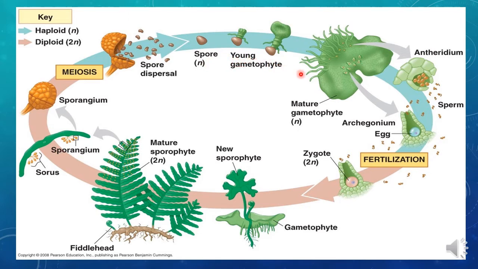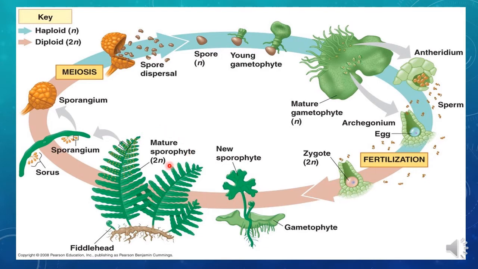The haploid gametophyte at first is called prothallus, and it has the male and female sex organs, which are antheridium and archegonium respectively. The antheridium bears the male gamete, which is the sperm, and the archegonium bears the female gamete, which is the egg. Both the sperm and egg, which are haploid in nature, fuse together to form the diploid zygote. This diploid zygote is formed in the archegonium, and this process is called fertilization. The zygote develops into the new sporophyte. Again, the life cycle goes on and on.